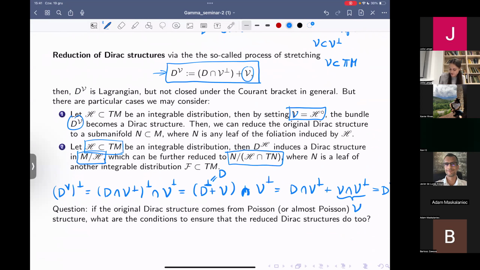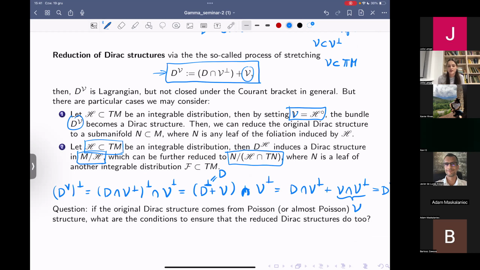Okay, and we consider here N to be a leaf of another integrable distribution, which is a part of Tm. So in this process, this is actually something I'm working on currently, in terms of the twisted Poisson structures I mentioned before. The question we try to answer is: whenever we are dealing with a Dirac structure at the beginning, which comes from this twisted Poisson structure or wherever,